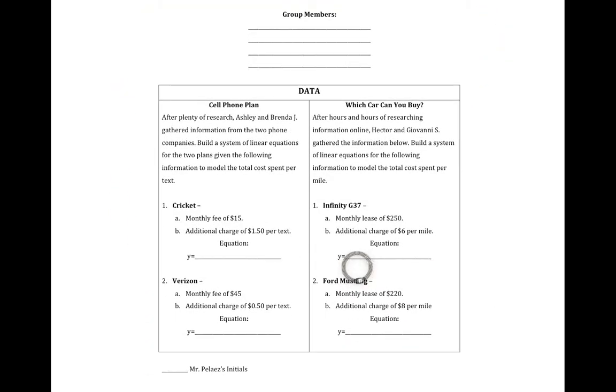So if you flip the page over, first thing you'll see is group members. Make sure you write your members up there. Some of you are in groups of 3, some of you are in groups of 4. Now, for the rest of this project, you will only be doing the side that you did. If you picked cell phone plan, do this side. If you pick a car plan, do this side. If you created your own, you will have to let me know so I can help you and give you problems as you go. And again, here's another little description and the project and the first step of it,